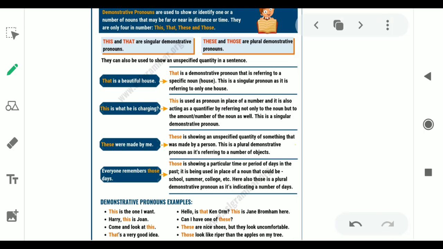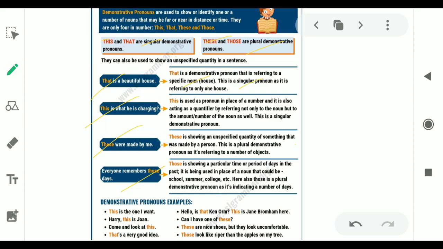Now, demonstrative pronouns. This, that, these and those are known as demonstrative pronouns. This and that are singular demonstrative pronouns. These and those are plural demonstrative pronouns. Now "that" is a demonstrative pronoun referring to a specific noun, and it is a singular pronoun,